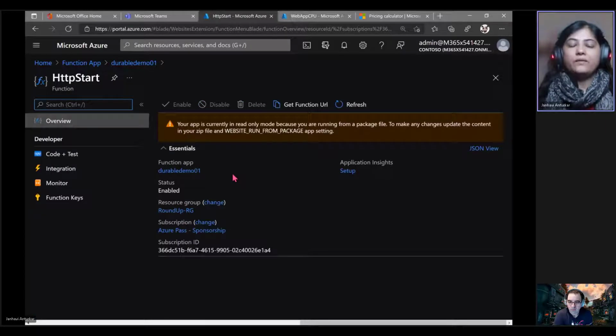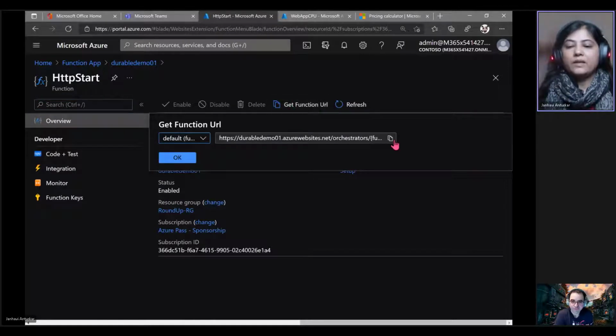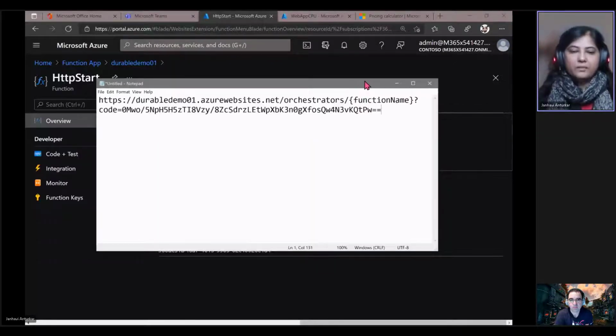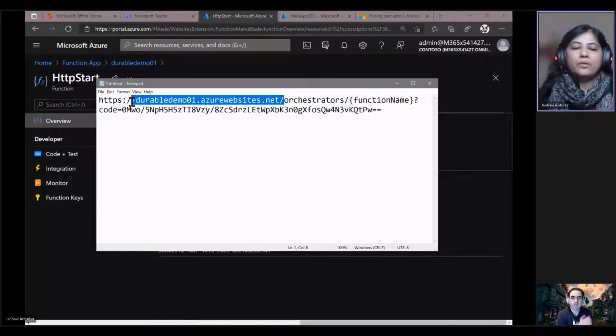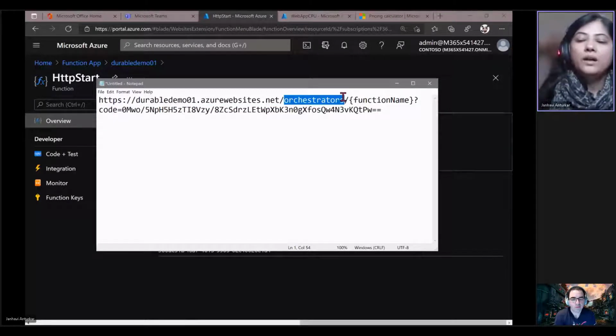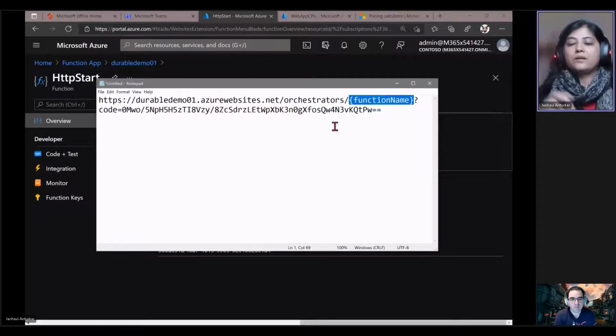Okay, now for this, let's go to this HTTP start. Now this function, when I want to run it, I need to have this function URL. So I can get this function URL, and then I'm just going to post this in a notepad for everybody to understand. So this is my function URL here. Now here we have got the function website, and then notice here this orchestrators. Okay, so this is going to then call that orchestrator function which we are going to pass in here in the function name. Okay, so we can make this call from the Postman,